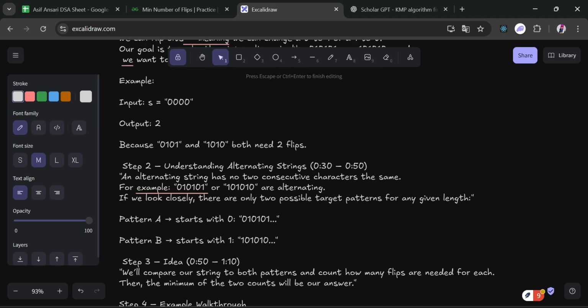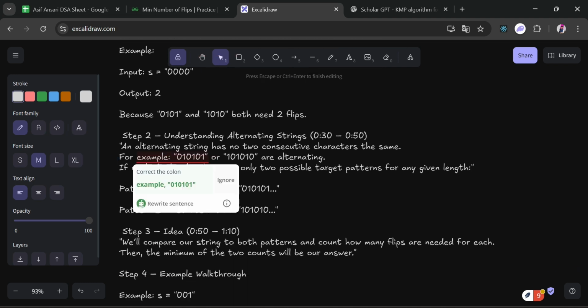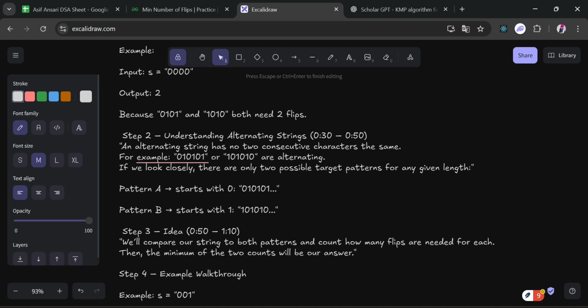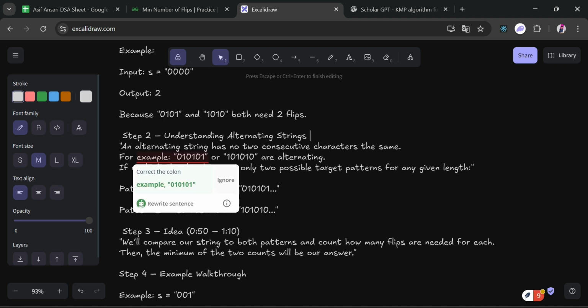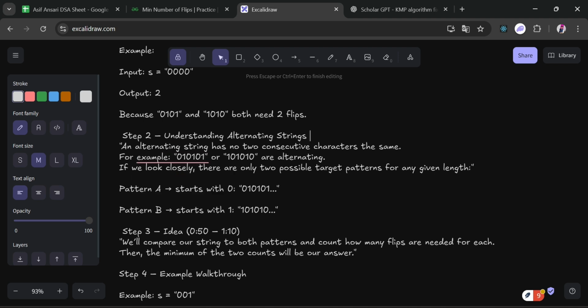Step 2, understanding alternating strings. An alternating string has no two consecutive characters the same.